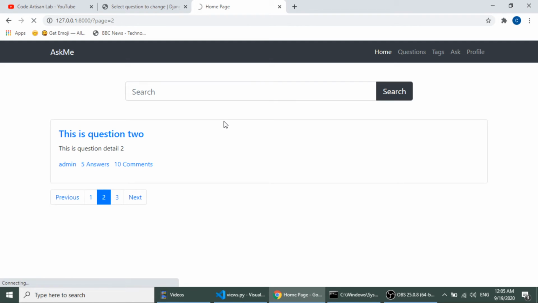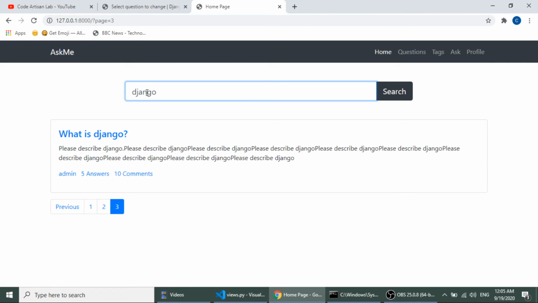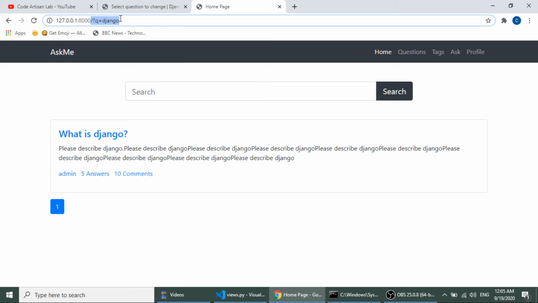So let's check this. Let's check the questions. I will add Django. So here you can see we have Django. Here we have passed the query in the URL parameter, and it is searching the Django keyword in all our questions, and it is also showing the pagination.